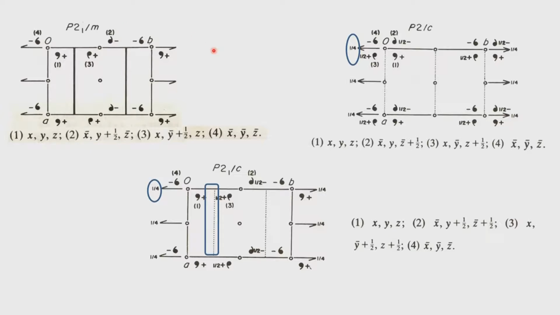We will now shift our attention to the space group P2 upon C. Now, the moment we see the space group as P2 upon C, we know the lattice is primitive. In fact, the full symbol for this space group should be given as the symmetry along the A direction, or the x axis, symmetry along the y axis, and symmetry along the z axis. So, it should read P1 2 by C 1, but normally the 1 symmetry is not indicated. So, when we say P2 by C, it tells us 2 things.